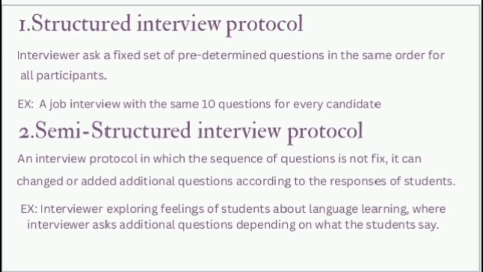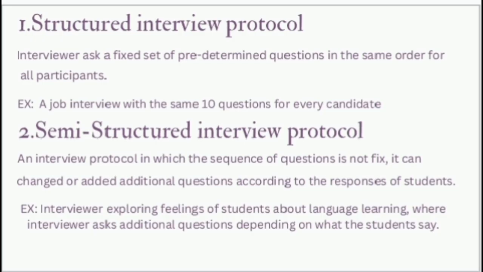Basically, semi-structured means it is prepared, but the sequence of the questions can be changed. It depends on the interviewer or interviewee. For example, if I want to conduct an interview on exploring the feelings of my students, I want to know their feelings.